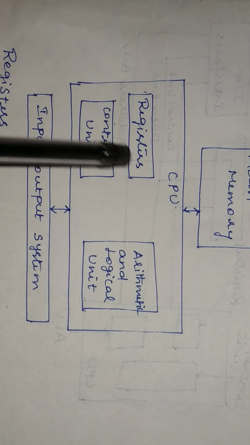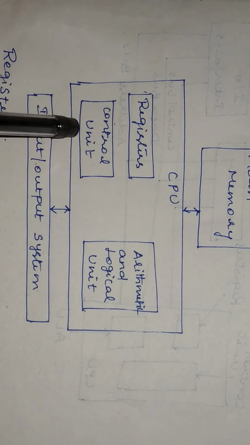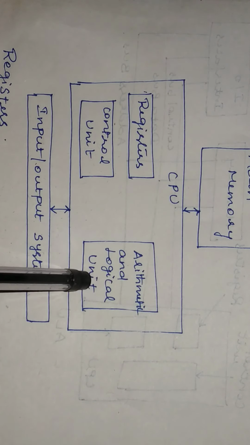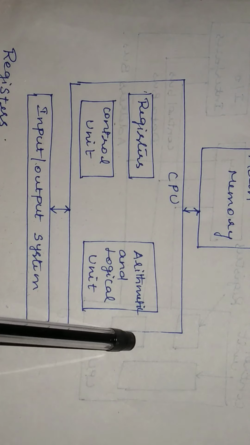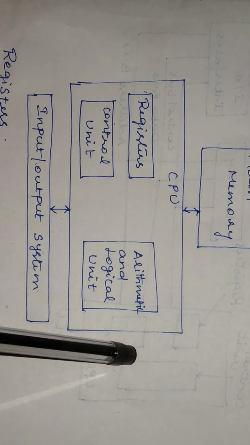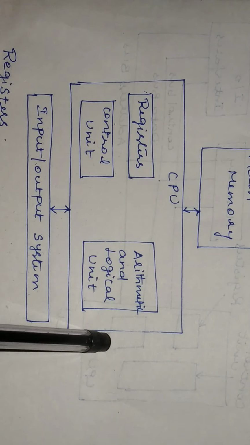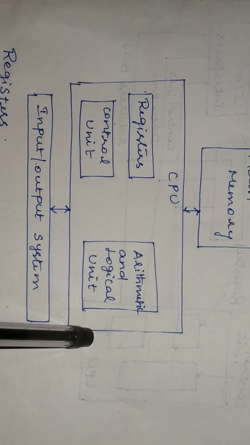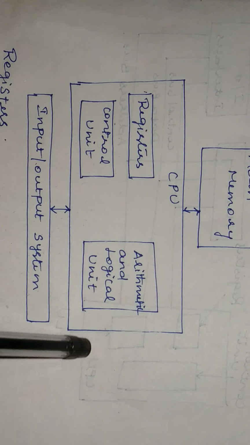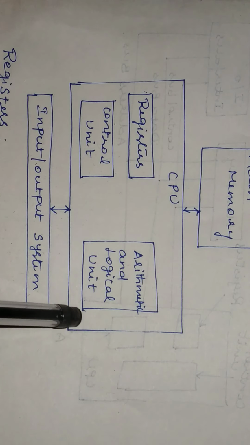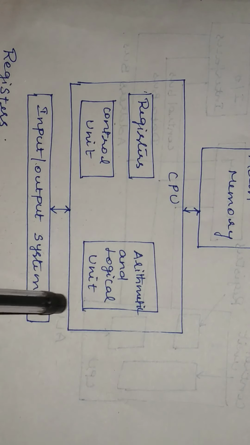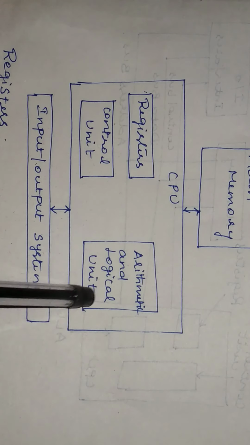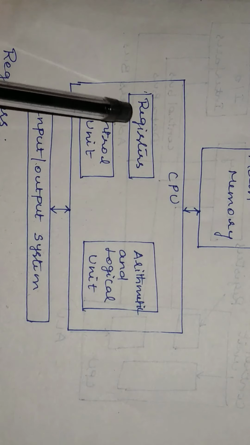So all those kind of tasks can be done by this control unit. And what is this arithmetical and logical unit? It is used to perform all the arithmetical operations, which are nothing but addition, subtraction, multiplication, division, and also the logical operations such as OR, AND, NAND, XOR, XNOR. Many logical operations are available, and the shifting operation is also done with the help of this unit. So bit shifting is possible in this ALU, arithmetical and logical unit.